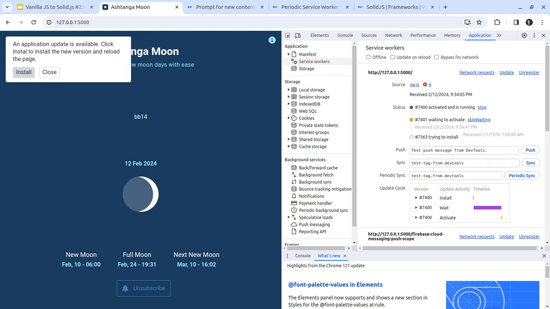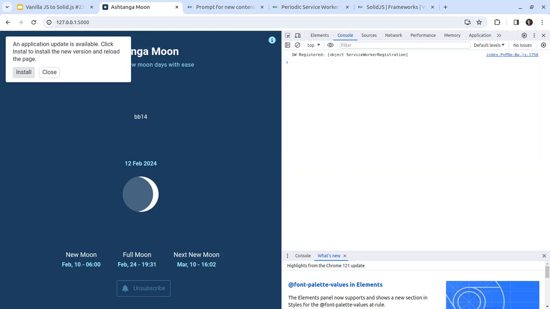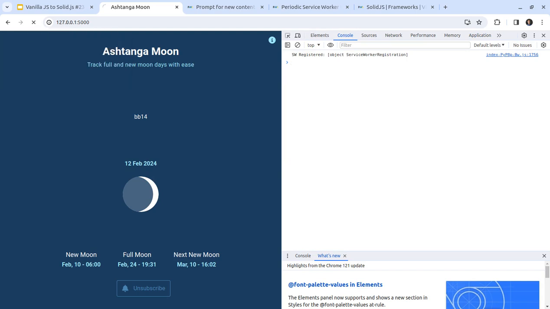Yeah, let me install. Yeah, I reloaded the page myself, so that's fine. It's obviously more than 1 second, because otherwise,